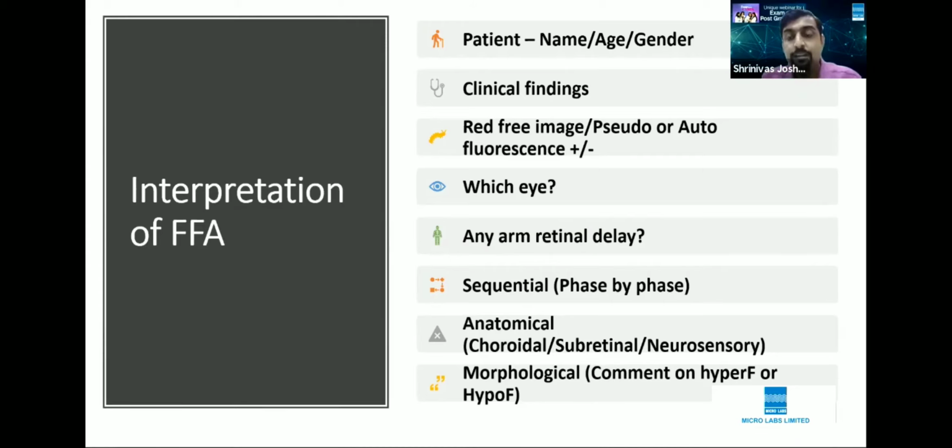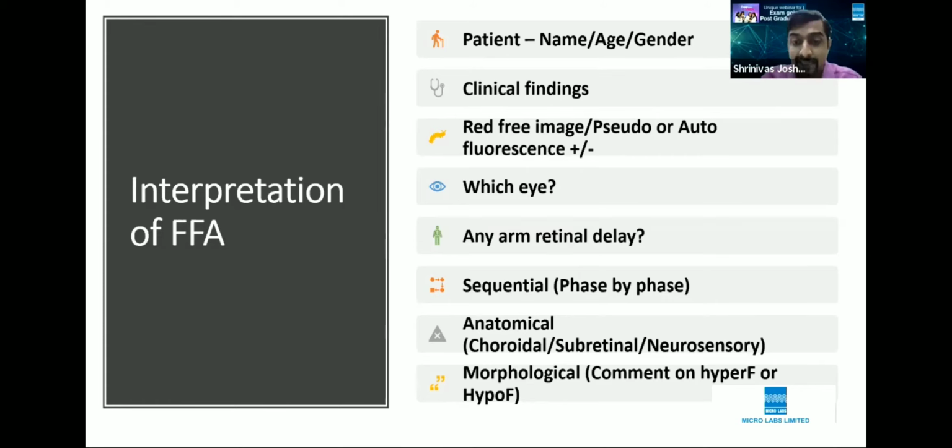Second thing, look for any arm retina delay. That is very, very important. Then you always have to comment on the fluorescein angiography phase wise. I always keep telling our fellows, never comment on the single FFA. If I am the examiner, I always try to give a little bit about phase wise, like the arterial phase, venous phase, and the late venous phase, so that you can guess it